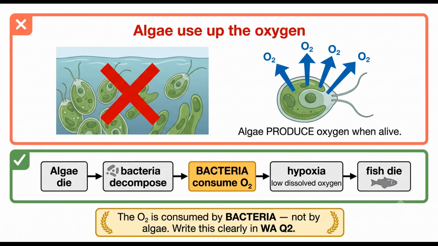The oxygen crisis happens when the algae die in steps 4 and 5. The dead algae, combined with the dead underwater plants, produce a large mass of organic matter. Bacteria decompose this matter. It is the bacteria, performing decomposition, that consume the dissolved oxygen, not the algae. The correct sequence is algae die. Bacteria decompose the dead matter. Bacteria consume dissolved oxygen, levels drop, fish suffocate.